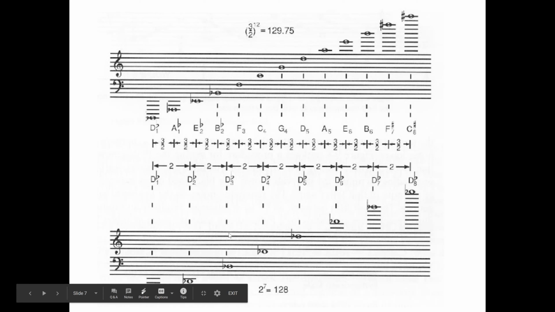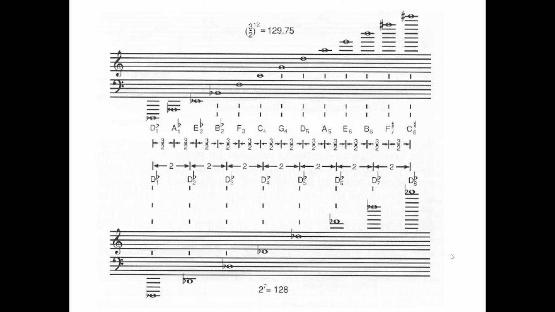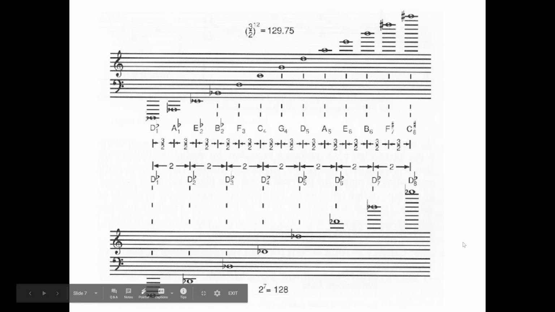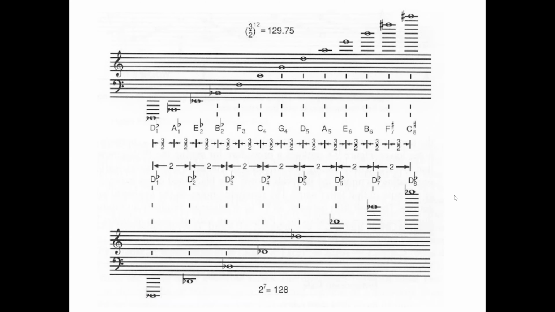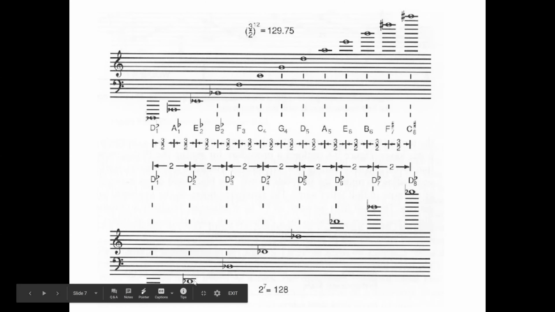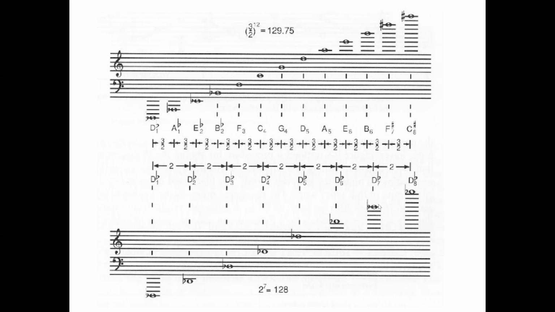And ideally, D flat and C sharp are the same thing. On a piano key, they're both the same key. And in modern equal temperament, they're both the same note. But when we're building a scale, depending on how we do it, we can actually get some difference between these tones. So if we start with a D flat in the bottom and we go up an octave, we double our frequency. That's 2. We go up another octave, we double that frequency, which is 4. Then we get to 8, 16, 32, 64, and 128 up here for this D flat